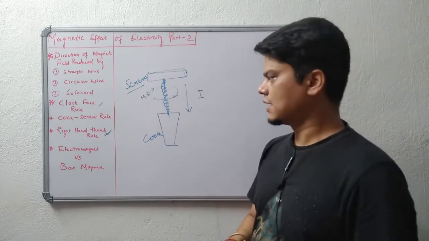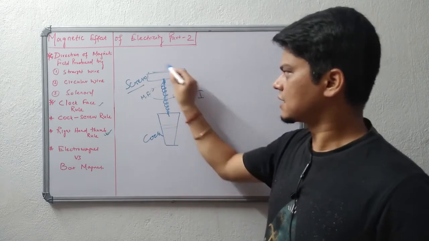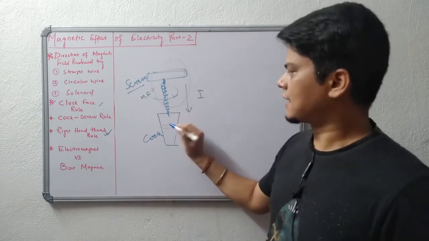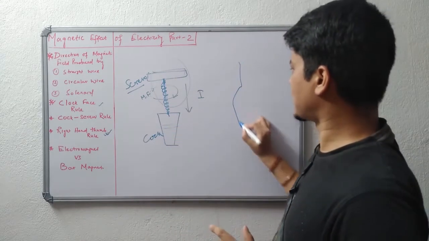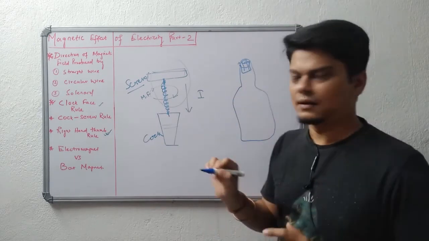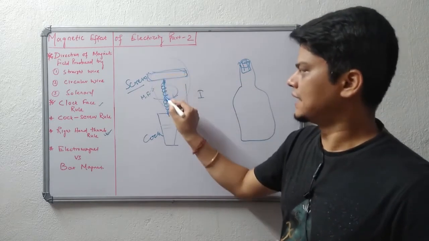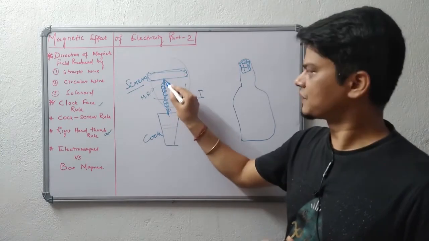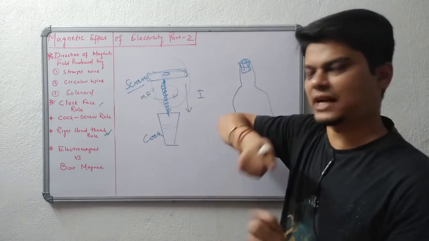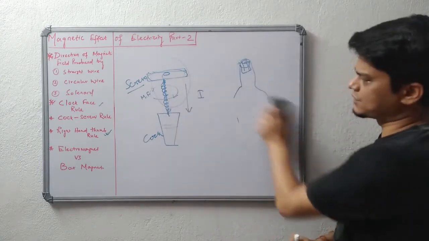Now we will be doing the corkscrew rule. What is corkscrew rule? You must know that a corkscrew is a bottle opener. You might have seen in champagne and wine bottles, they are sealed, suppose this is a bottle, right? This used to be sealed with a cork. So to open that, we have a corkscrew. It is threaded like a screwdriver and it has a handle. When we open it, first we have to push it in, then we have to open it.